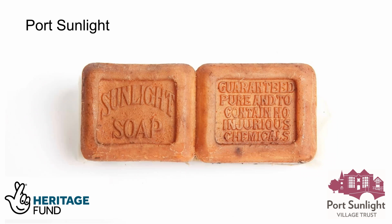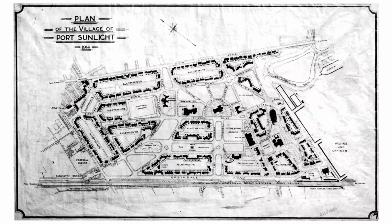The site was large enough to build the soap works and a worker village, with construction of the works starting in 1888 and the first houses occupied by 1889. By 1891, Lever Brothers had built their first community facility, Gladstone Hall, and they were publishing visitor guidebooks to promote the works and village. By the start of the First World War, the village housed over 4,000 residents who enjoyed